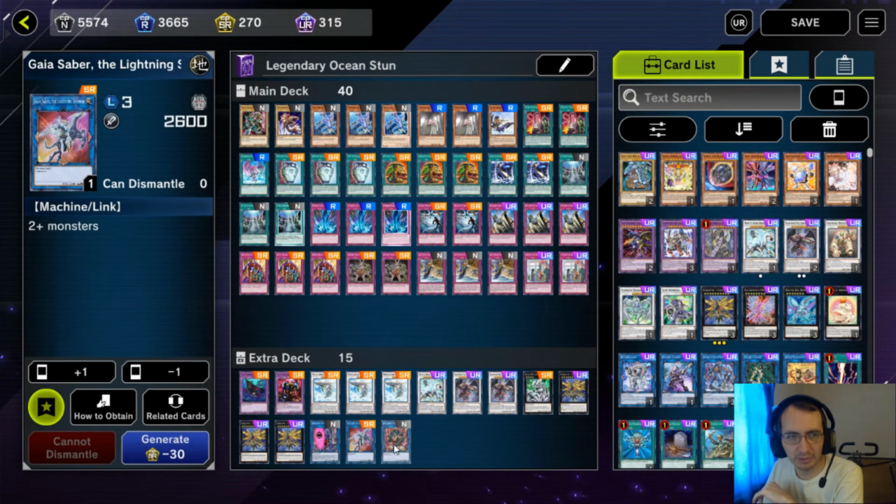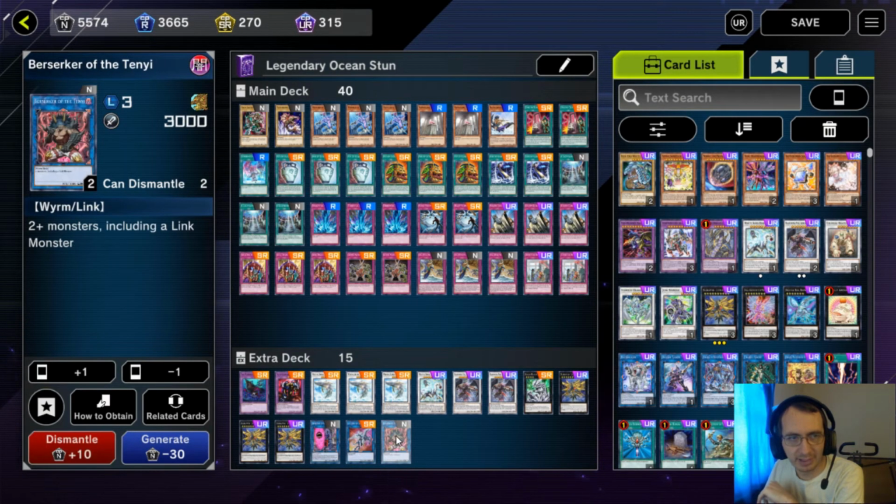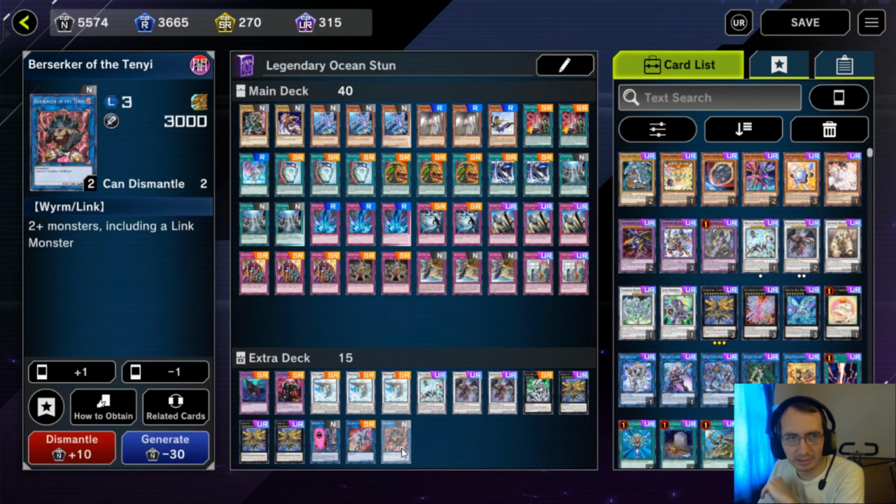Next, mostly just some filler. Defender of the Labyrinth, Gaia Saber, Berserker the Tenyi. Defender, you could technically put your vanillas in there, but you wouldn't really want to do it. And Gaia Saber, Berserker the Tenyi, kind of in there in case I decided to change things around, go more